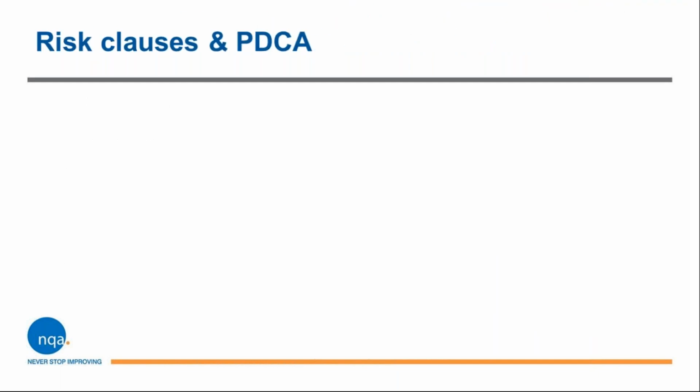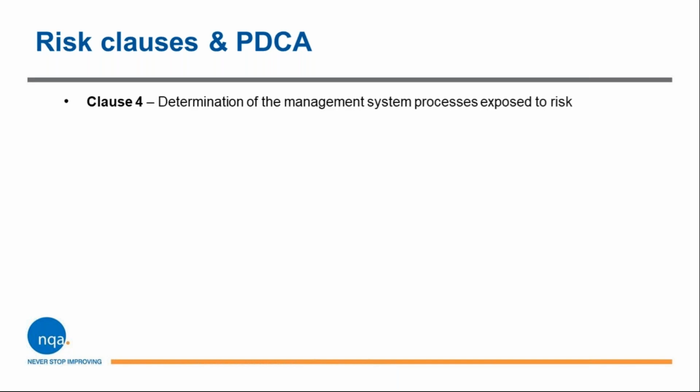Okay, so looking at the Plan, Do, Check, Act thing, I'm sure you've all heard this many times, but we'll just have a quick run through the clauses associated with the standards and the Plan, Do, Check, Act side of things. So obviously, clause 4, that's this idea of your context, your interested parties, as I said before. The idea of section 4 is that it gets you looking at and focusing on the relevance of the management system, processes, and the risks associated with it. So the interested parties, the scope of the management system, and so on. So that really is your starter for 10, if you like. That's where the whole thing begins.